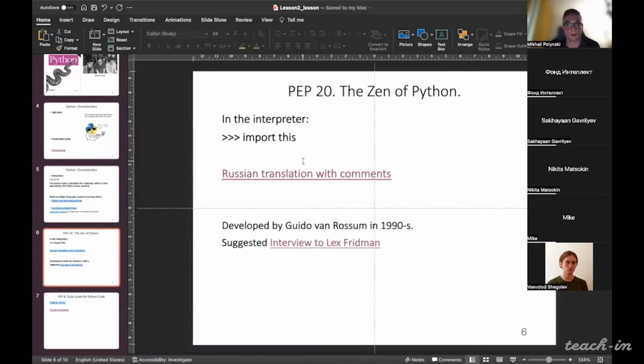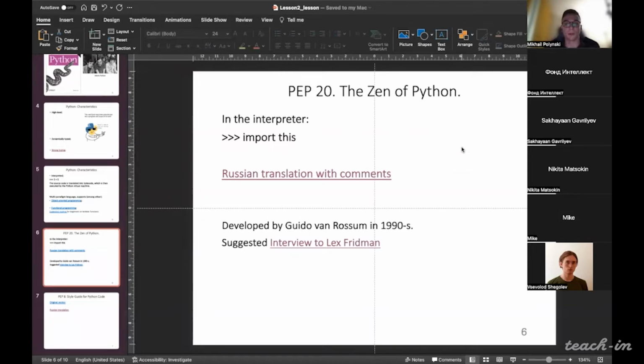So before going to the Jupyter Notebook, I would like to mention also several, the so-called Easter eggs of Python.